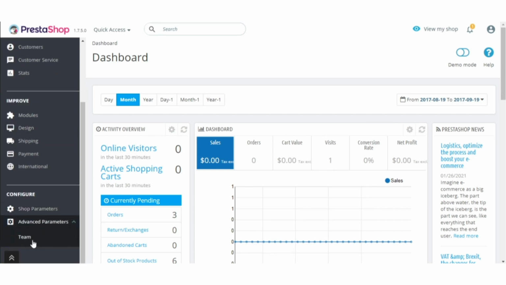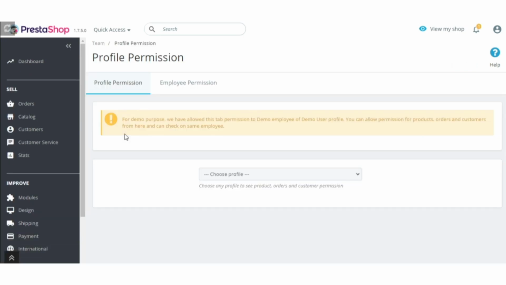After the installation of the module, two new tabs, profile permission and employee permission, are added under the team tab of advanced parameter section, from where super admin can manage permission profile wise and employee wise.